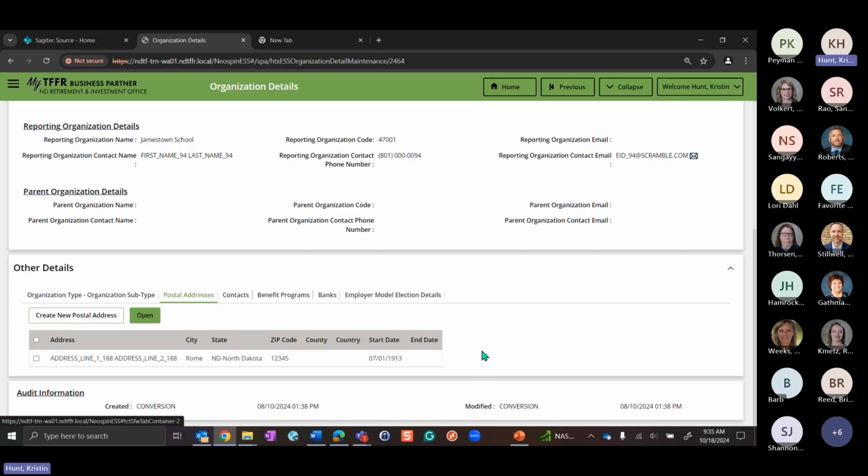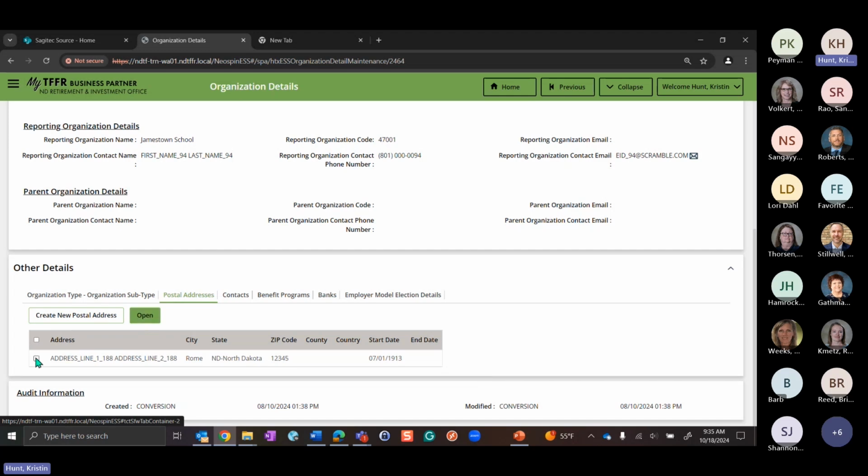I'm thinking of my Minneapolis Public Schools. 807 was the main district, but then they sold that and moved to a different location. So we would see the 807 here with an end date of when that address ended, and then the new address would be listed underneath.